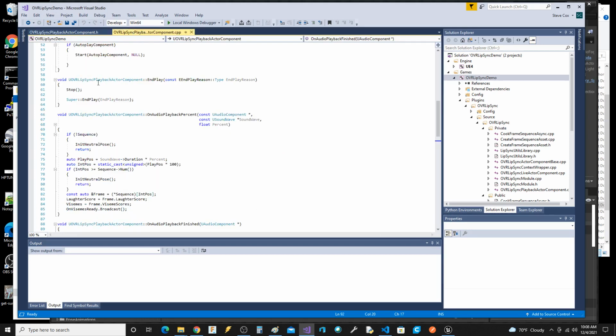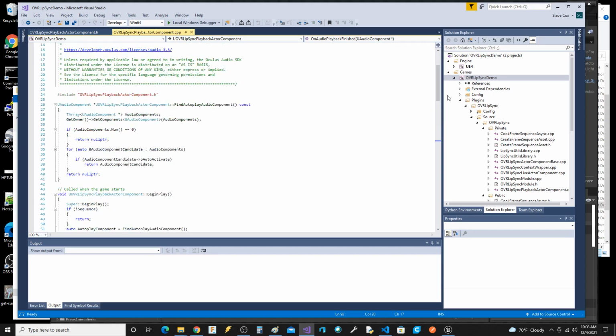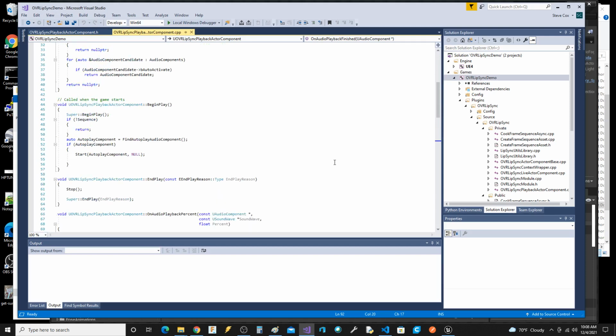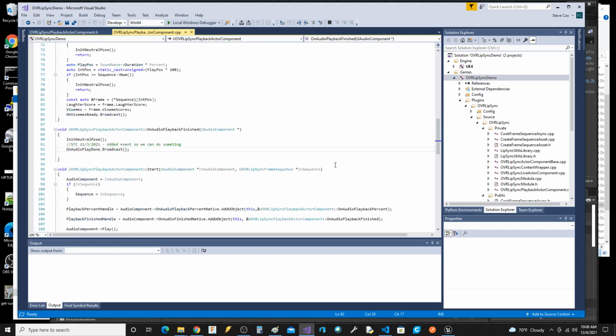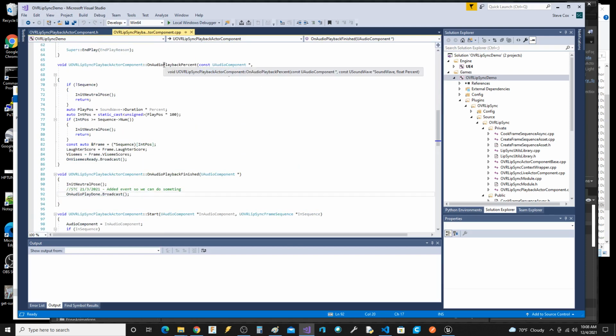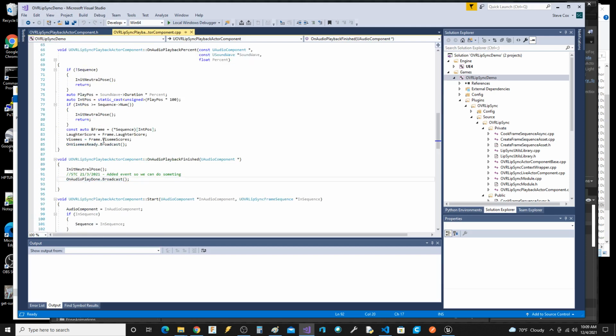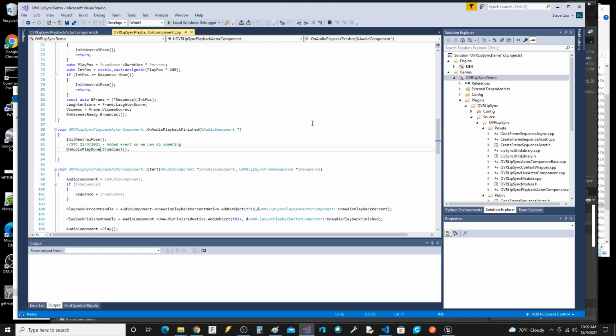This is the C++ of that same component. They were nice enough to do on audio playback percent callback, and this is where the broadcast happens. This is how the other parts of the code were done.